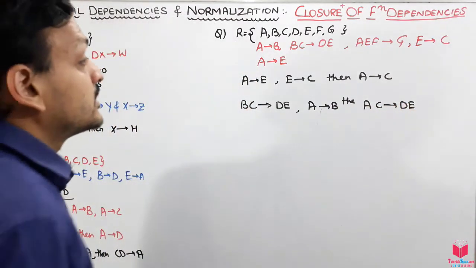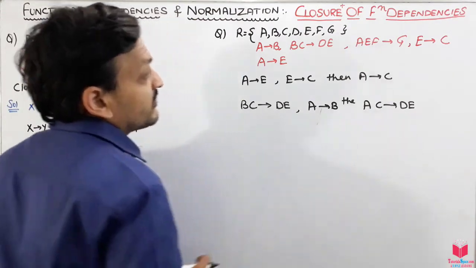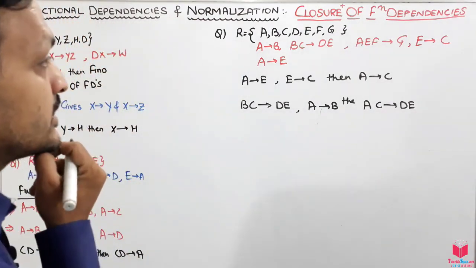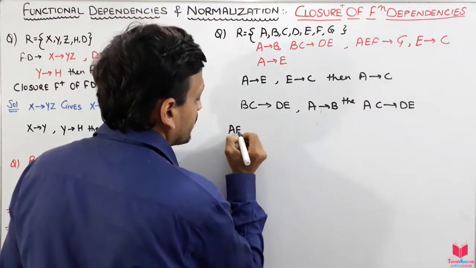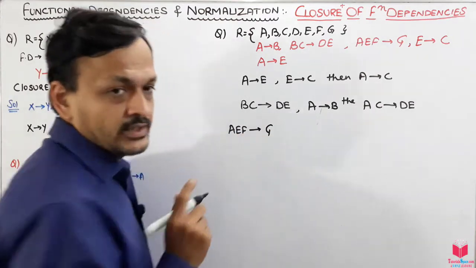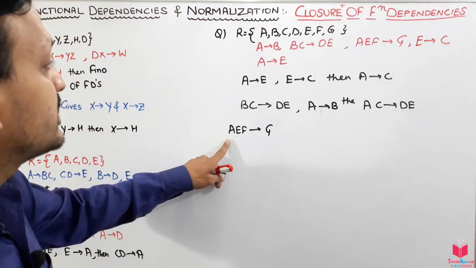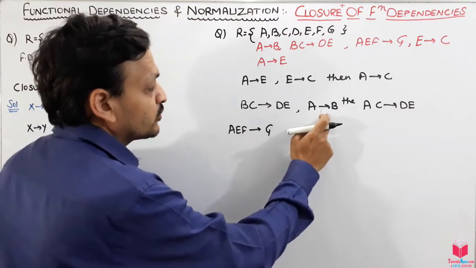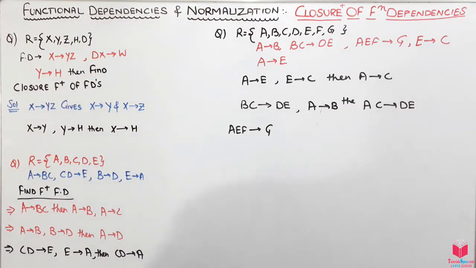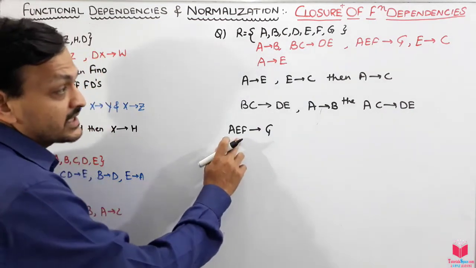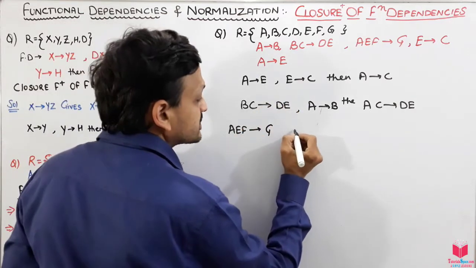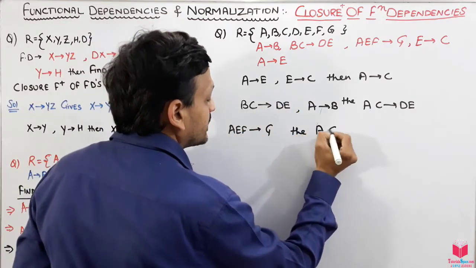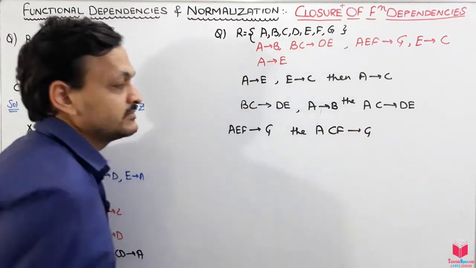Okay guys, so if this is there, then we can find others as well, like we can use A, E, F to G. Okay, so we can replace A with the, we can find the A to B. Okay, let me check if we find the A to C, A to E, E to C, then we can replace A to C. No, guys, yes, we can replace E to C. Okay guys, we can replace then A, C, F to G.